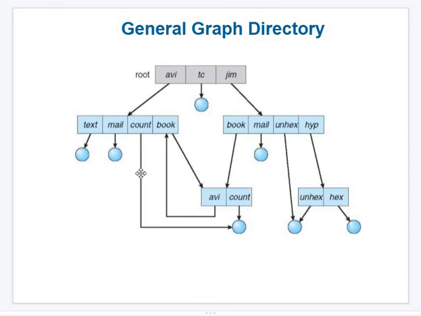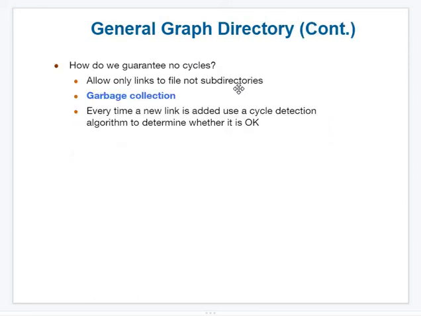So what happens if I delete this file through this link? Can I create the file using another link? See, through one account I have deleted this file. Can I recreate this file using another path? Yes, through another account and recreation. See, all the facilities which were not there in the previous ones are carried out. Disadvantages or problems are solved in the general graph directory. That's why it is called a hybrid graph directory.